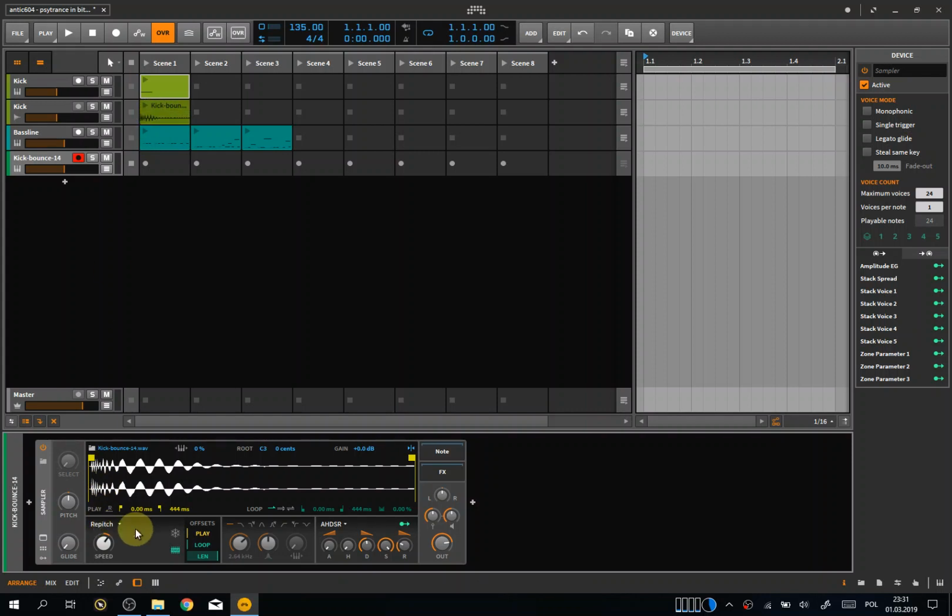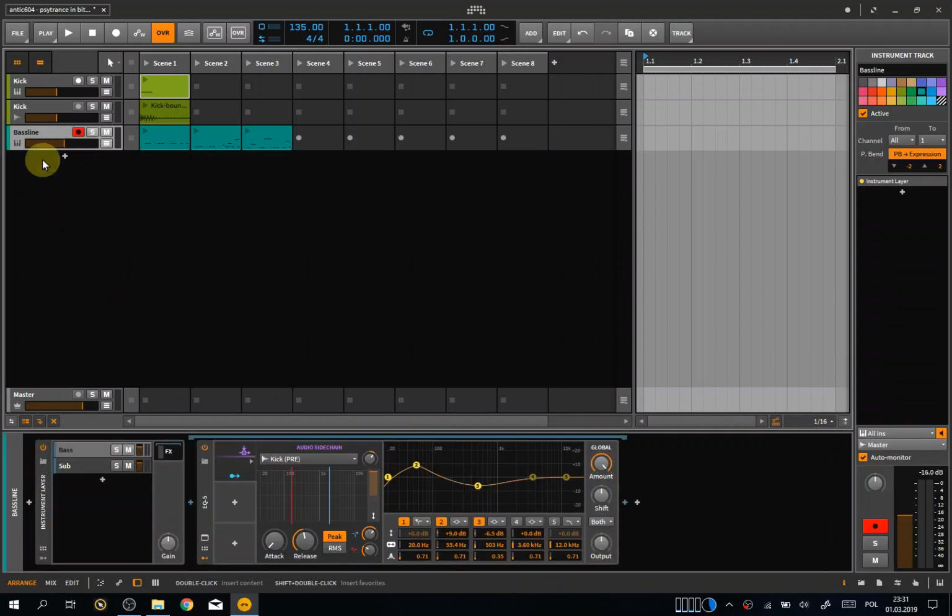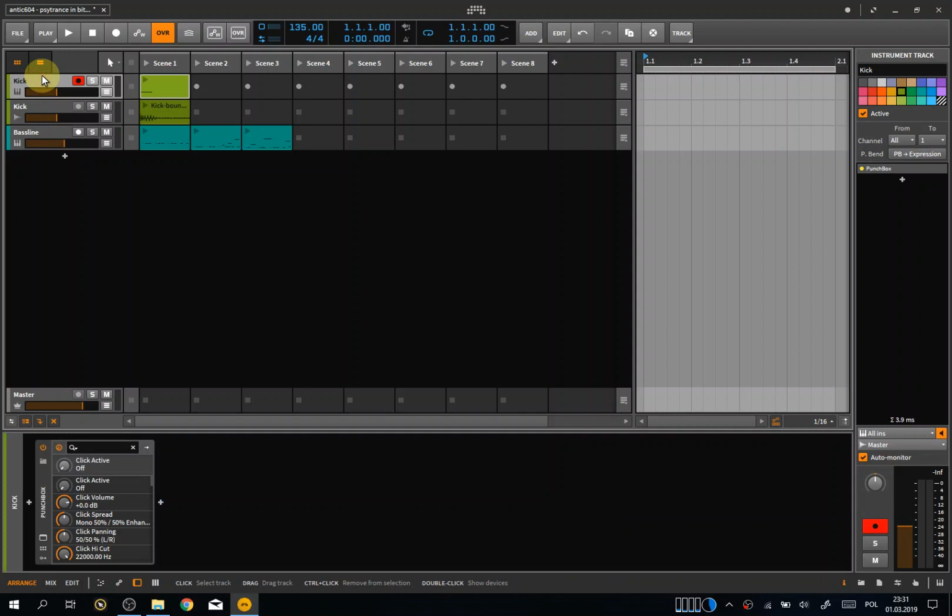If you want to make some more complex transitions, some rolls, some pitch shifting, whatever, it might be easier to do it with MIDI. But for now, let's stick to our sampled kick. Let's disable this again